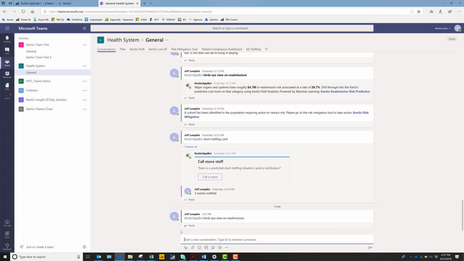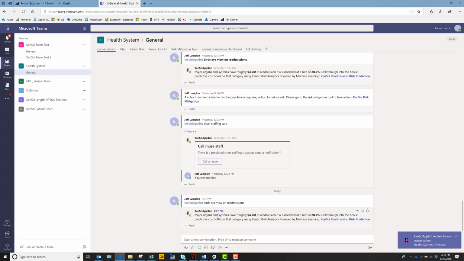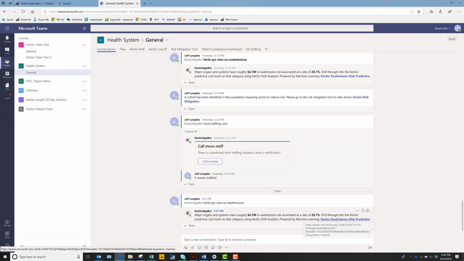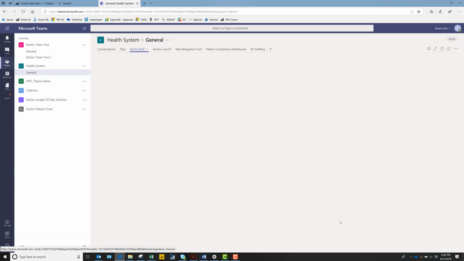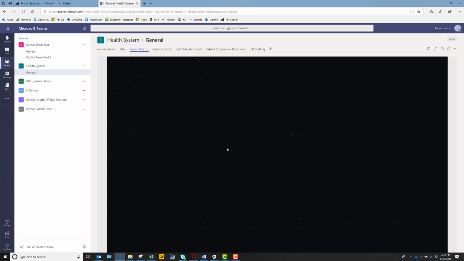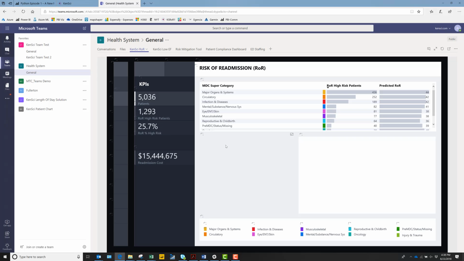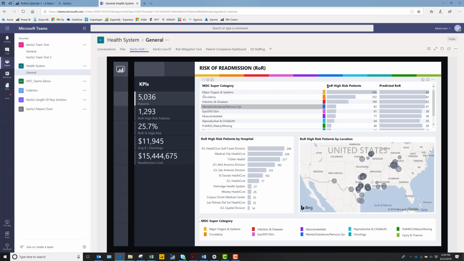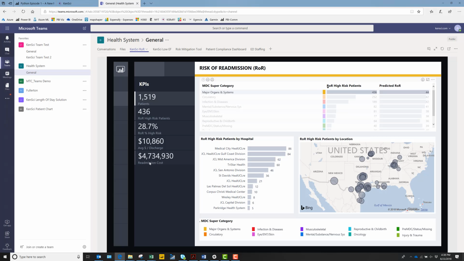When I do that, it's going to return to me a message that says, for major organ systems, which is a diagnostic category, we have 4.7 million readmission risk and a 28.7% risk of readmission. It provides a link into our readmission analytic, in this case an embedded Power BI, where we can get a lot of information about what's going on with readmissions. So we talked about major organs and systems, highlighting that super category, and there's where we see the 4.7 million in risk